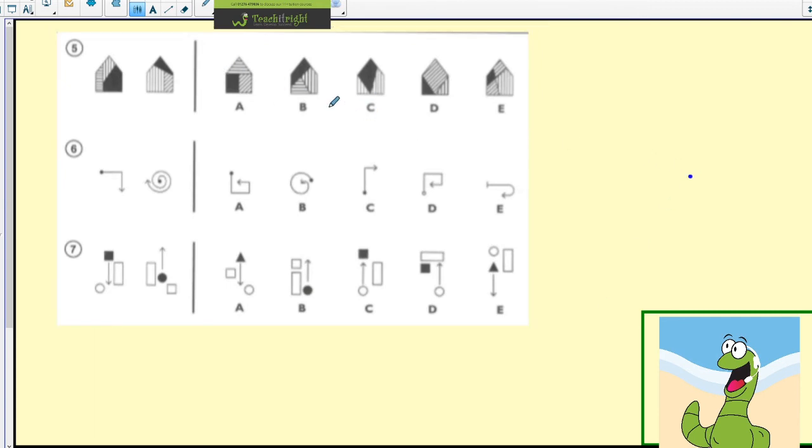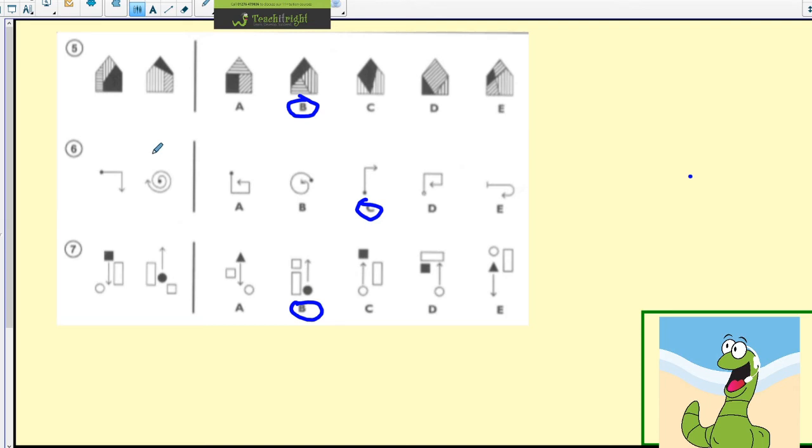Question 5, the answer is B. Question 6, the answer is C. And question 7, the answer is B. So let's go through. Question 5, each figure on the left consists of a pentagon divided into 3 unequal sections, and they have to all be shaded differently. Question 6,